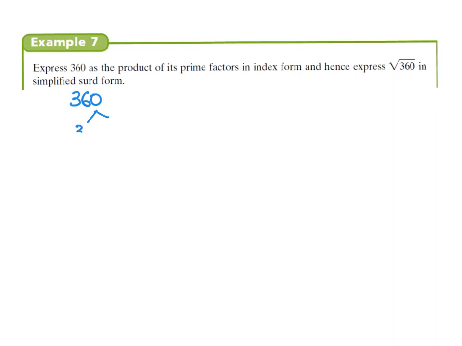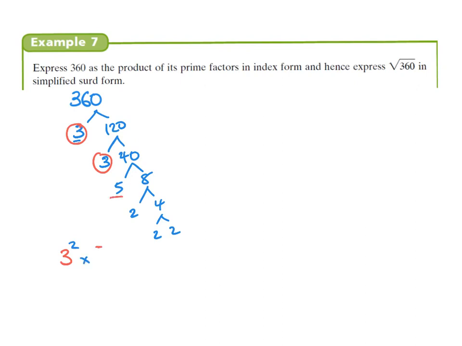So I know 3 12s are 36. So I'm just going to find the smallest numbers that I can out to the side here. And I also know that 3 4s are 12, so 3 times 40, 5 8s are 40, and then I can pull 2 4s out of there and 2 2s. So there's my prime factor tree. So I've got base 3 twice multiplied by base 5 just the once, and that's multiplied by base 2